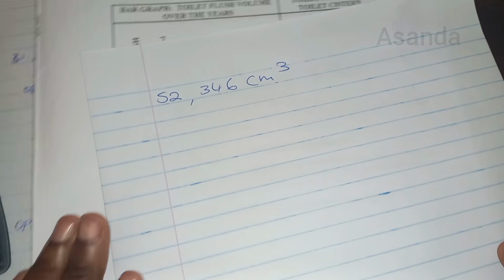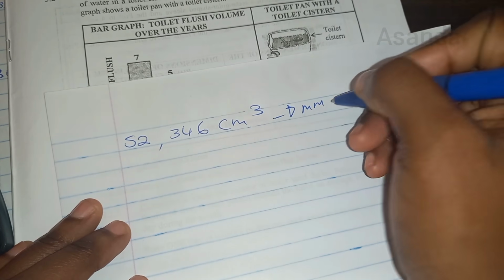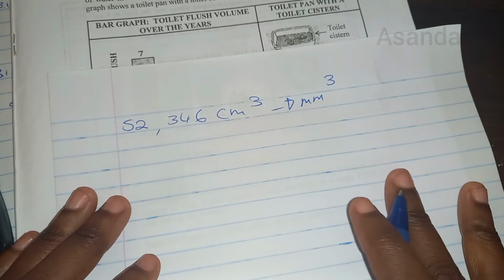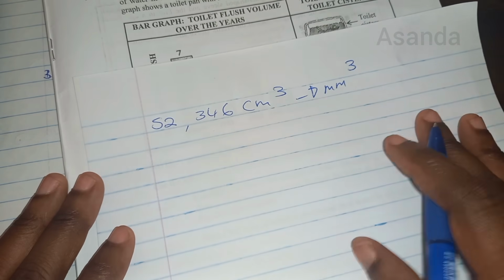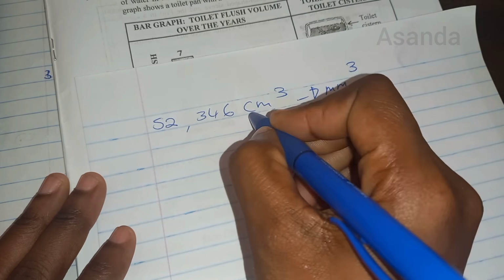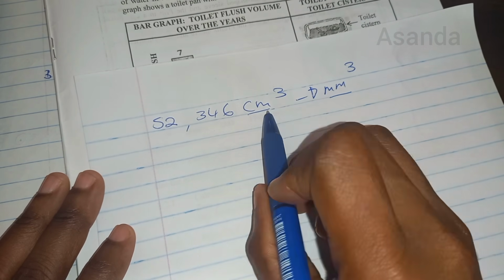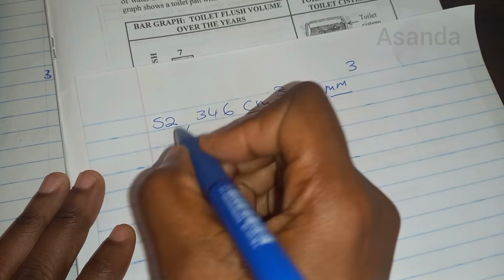52.346. Okay, so what we're going to do is convert this to millimeter cubed. This is an extra, it's not asked. So I'm just doing it in case you come across these exams. So in order to convert this to millimeter cubed, you're going to look at the unit of measurement, and then you know how to convert that. Centimeter to millimeter, you multiply by 10. So we have